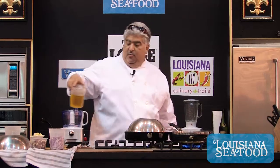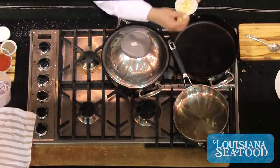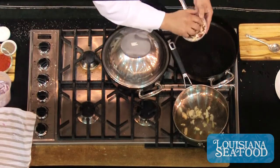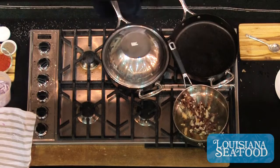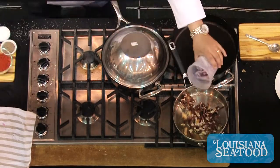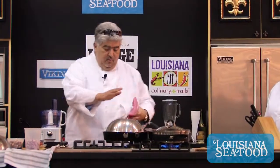So we'll go in that same pan with more extra virgin olive oil. We'll do a little garlic. Some ham. We'll render out the ham. That's going to give it some nice flavor. And some onions. So now we're going to let that cook. We're letting the artichokes cook. And now,